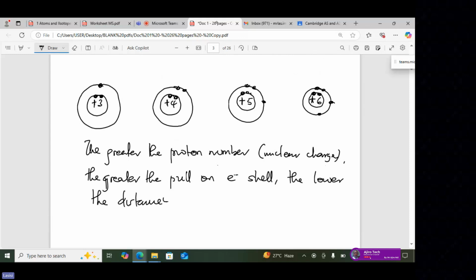Can you see now? Of course, the distance of the outer shell from the nucleus. So when I'm going across the period,